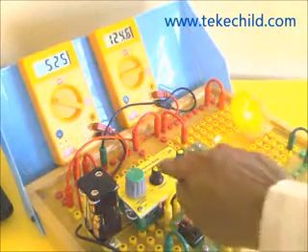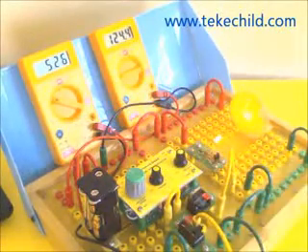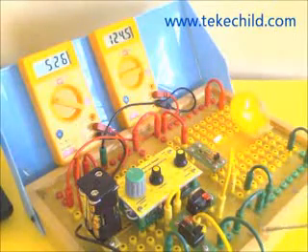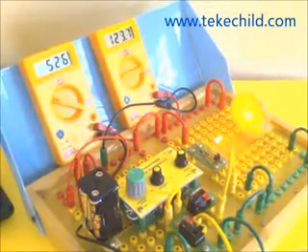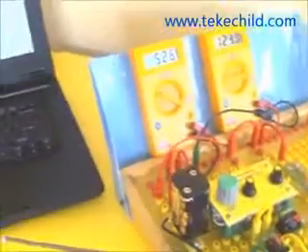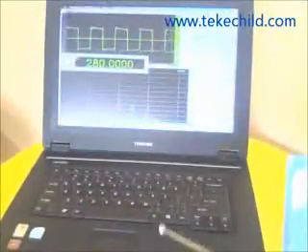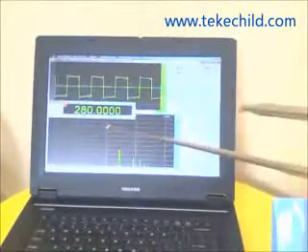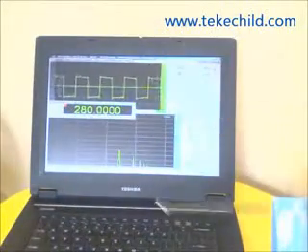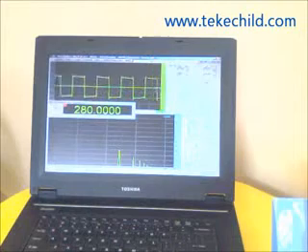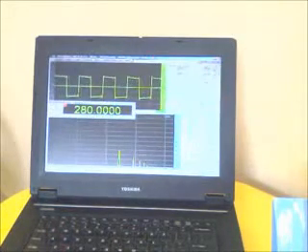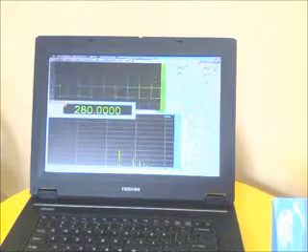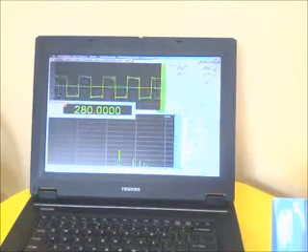So now what is the frequency of this? You can connect the scope wire here and then connect it to the laptop which is working on the battery, and then see the frequency: 280 Hz. This is a square wave, 280 Hz. So from this we can calculate the RPM of the fan.